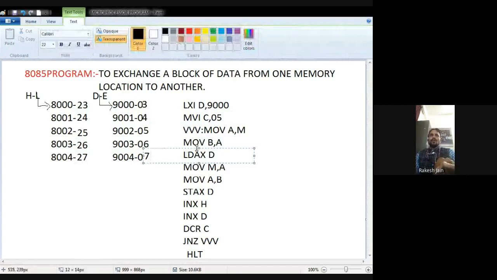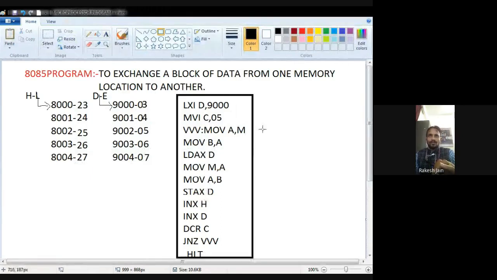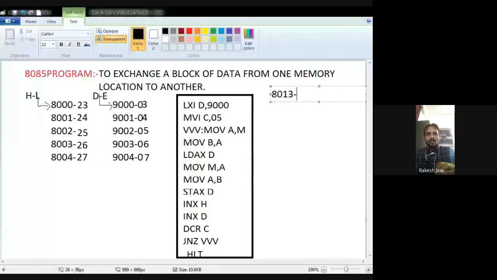Now to upload this program in the microcontroller, you have to perform this program in the microcontroller. That's why you start from any address. So let's suppose you will start the address from 8013. What is the code of LXI D? You should check first of all from the opcode table.